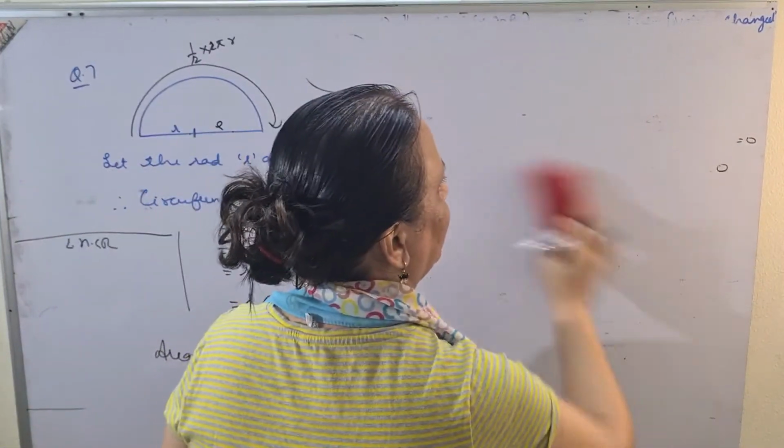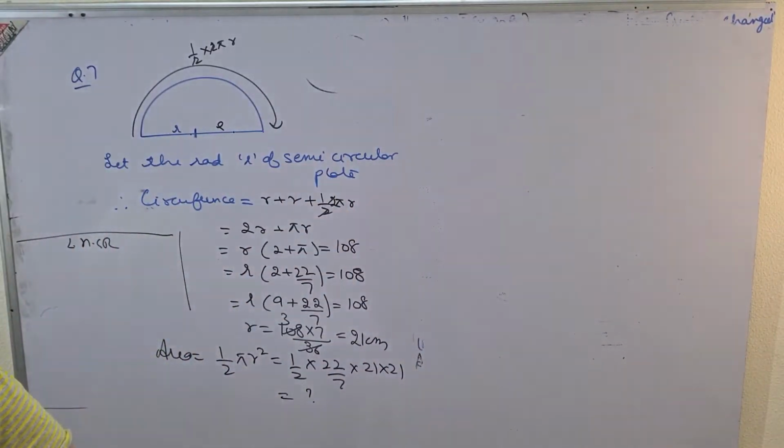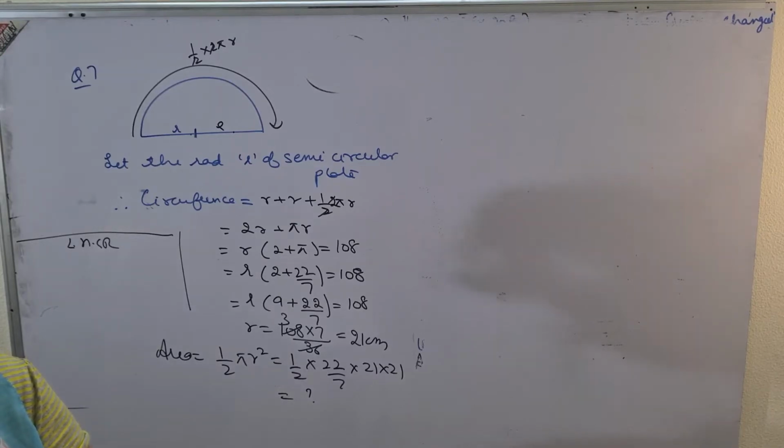Okay children, moving on to the next sum of this same exercise, which is related to circle. See, 8th and 10th I have already told you. Exercise 20D, 8th and 10th is the same as question number 22 of the last exercise. Same language, same method, only values have changed. So you will try yourself, and your teacher is always there to clear your doubts. So don't worry about it.